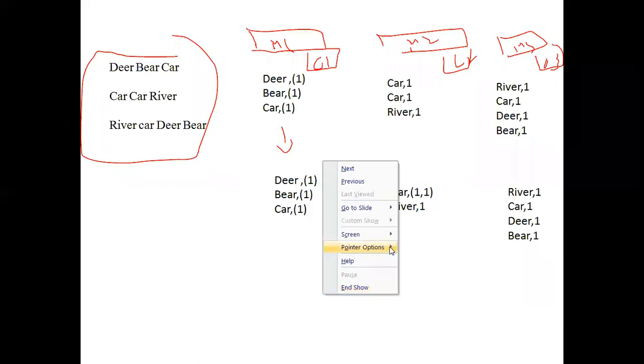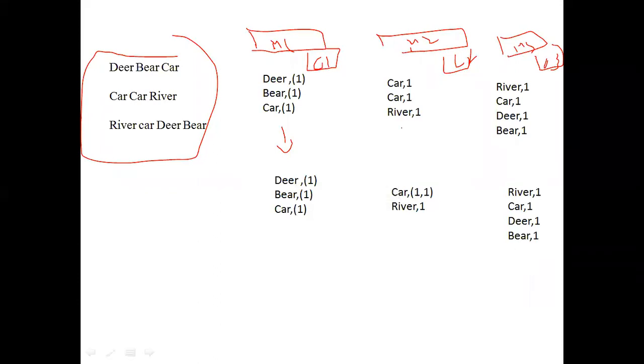See, when we come to this one, where the combiner is trying to combine, the shuffling and sorting will be done immediately after the mapping, before the output of mapping is given to the reducer. The combiner will do the process of reduce only. That is why the combiner is called a mini reducer. It will try to combine the key comma value pairs. In the first M1, since all the keys are different, deer, beer, car, it is not possible to combine, so it is not combining.